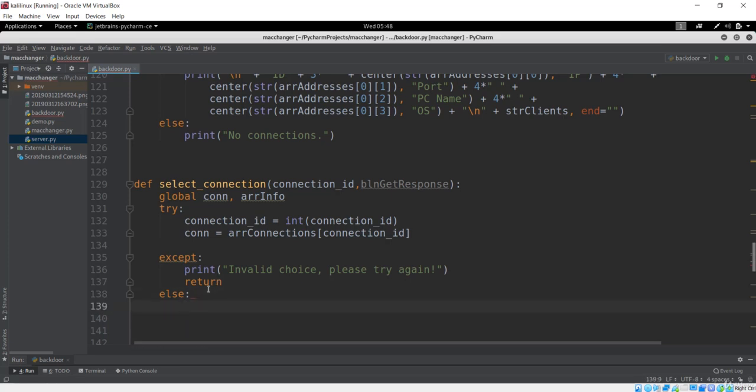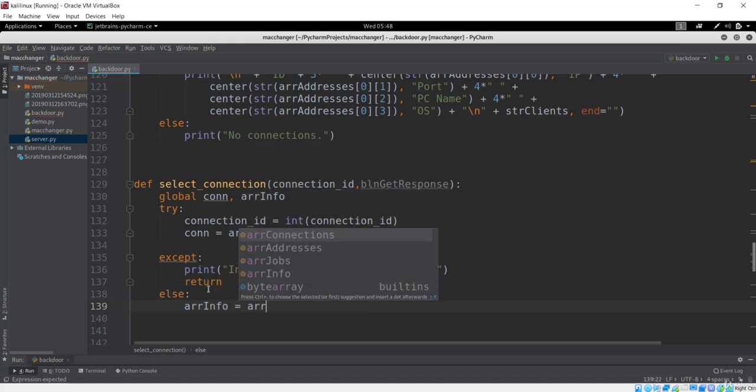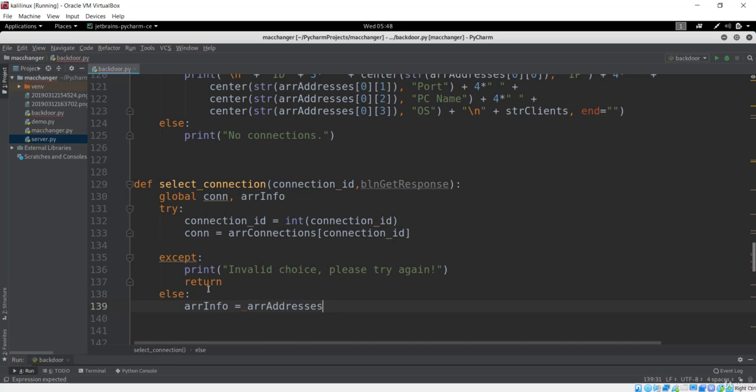What am I going to do is I'll store it in the array info that we just created, and here I want the array addresses, and you know all the information is inside this array addresses. Connection ID is basically referring to that particular client, and here I want the first item, because the first part will always be the IP address.